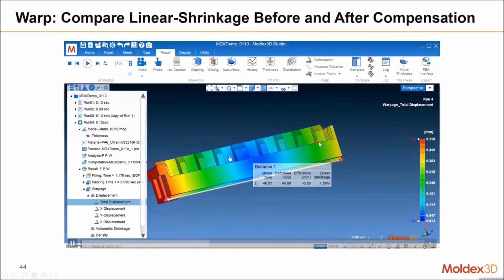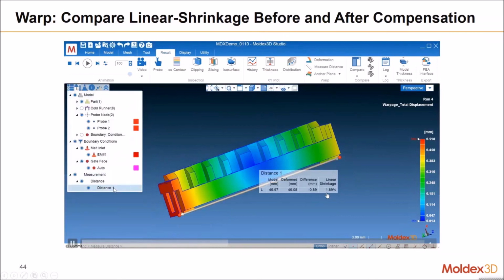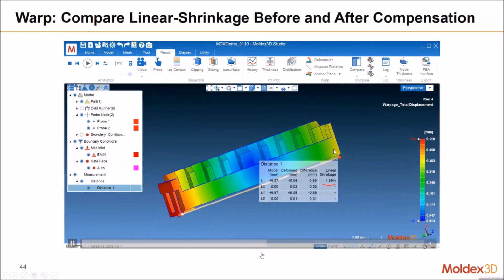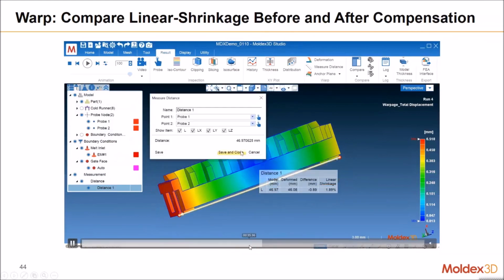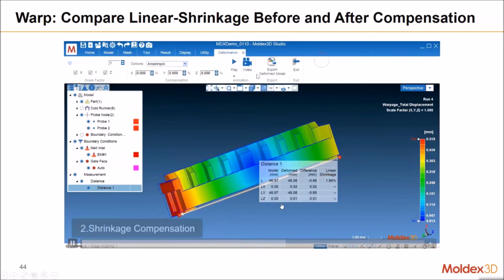Click save and close, and you can see the original linear shrinkage. The original linear shrinkage is 1.9%. Please don't forget to turn on all directions, and you can choose anisotropic or isotropic.